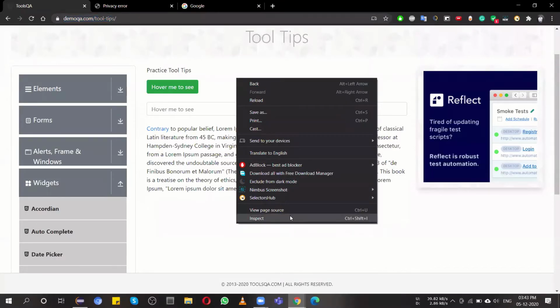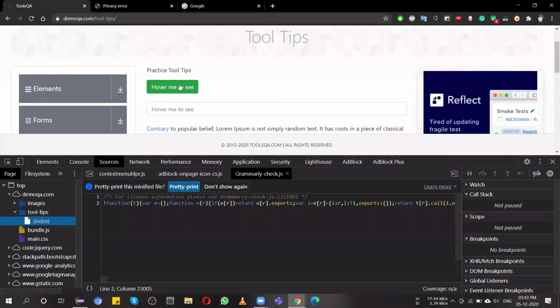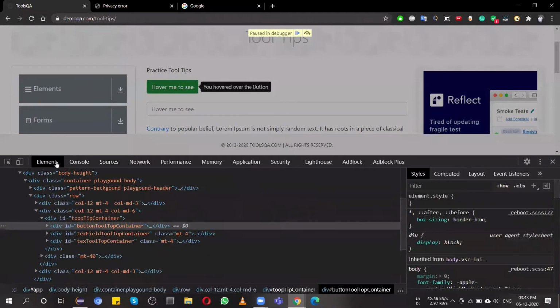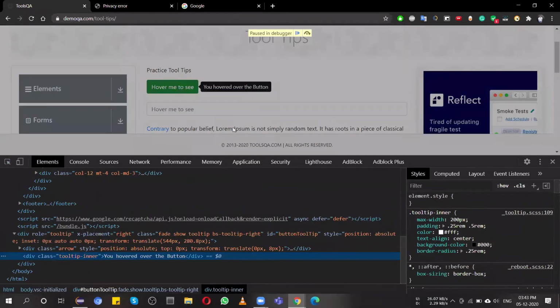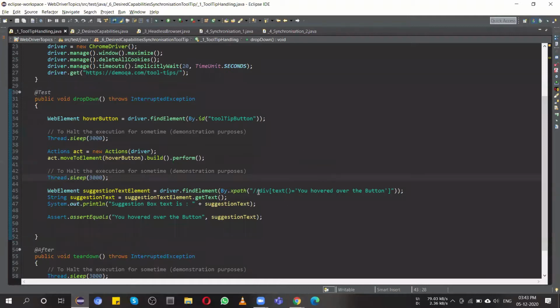I once again repeat myself: inspect, go to Sources, then do a mouse over, let the tooltip come, press Control backslash, it gets paused, go to Elements, try to click over here, then find the XPath. And a similar kind of XPath I had over here. Then what I'm trying to get is the text from this particular web element.